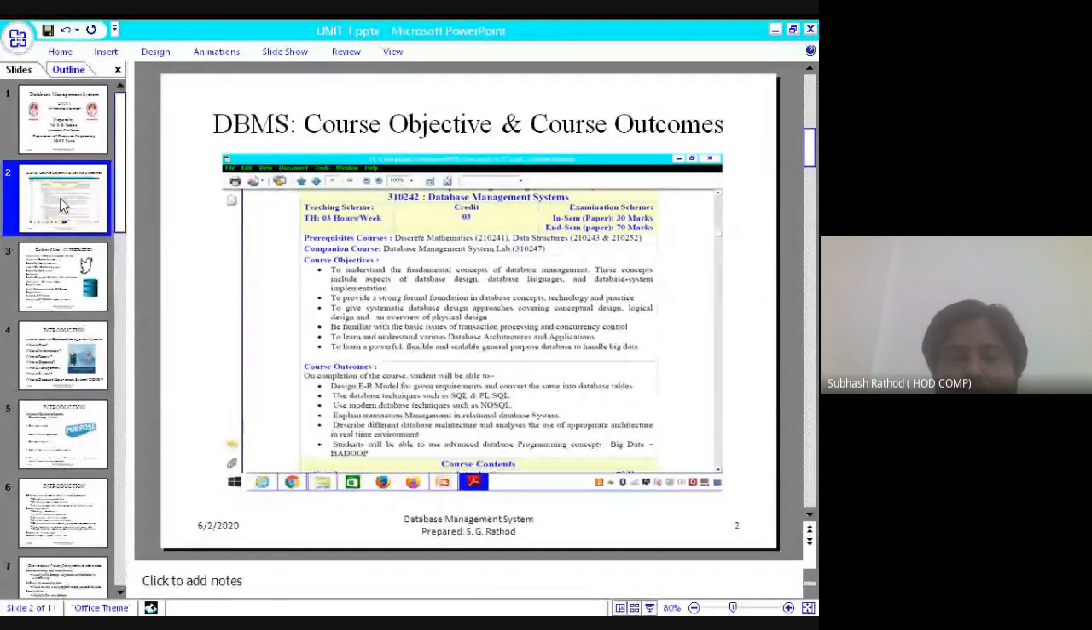So what is the course outcome? Once the student has learned this subject, what will be the output? What can the student do? What can a student implement once this DBMS subject is learned? Briefly, the course outcomes of this subject are: design an ER model for a given requirement, convert the same into database tables, use database techniques such as SQL,